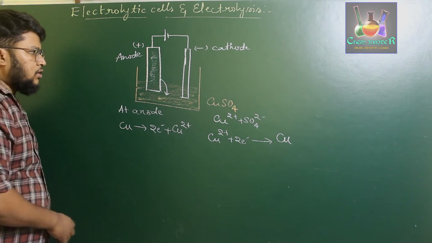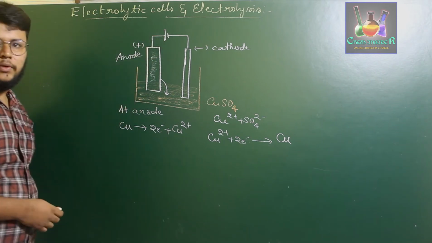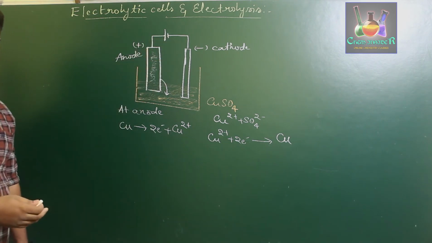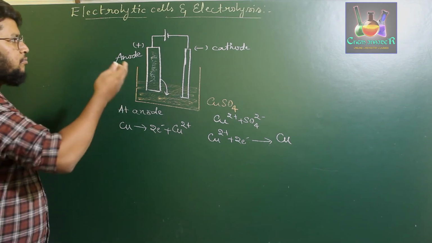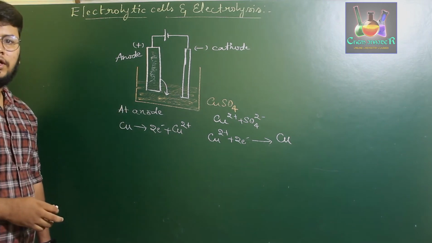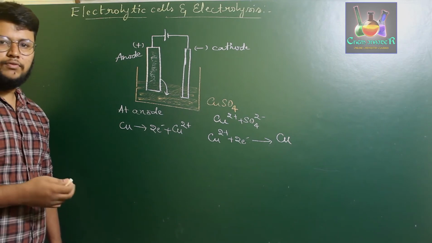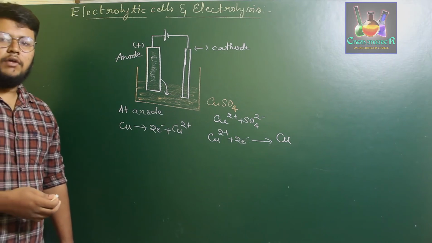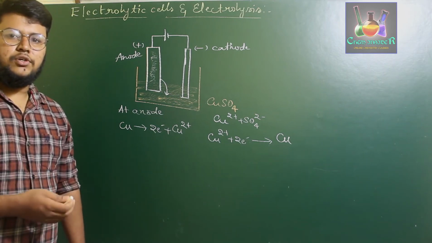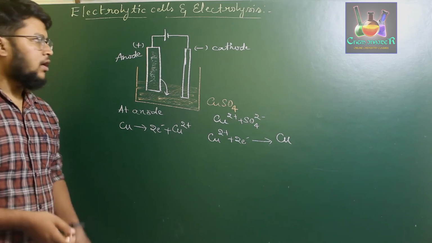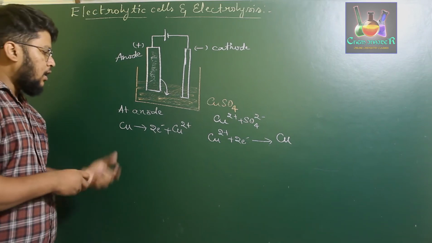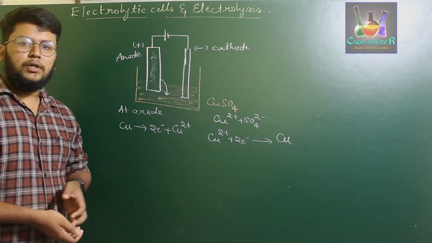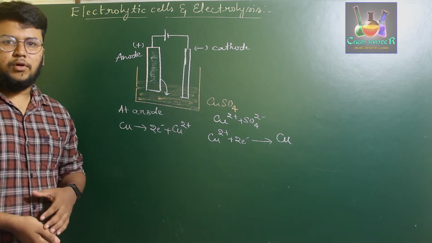So it is losing two electrons, and two electrons will be provided at the positive end of the battery. So clearly we have a closed circuit where we observe a movement of current from the positive end to the negative end, and movement of electrons in the direction opposite to that of the current. This type of reaction is called the electrolytic reaction, where we are bringing about a chemical change using external current. So at the anode copper is undergoing oxidation, and at the cathode Cu2+ ions are undergoing reduction to form copper.